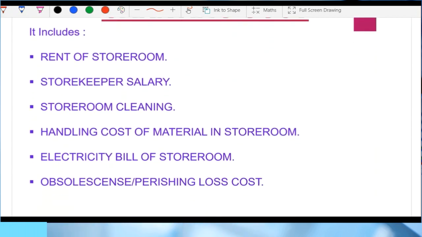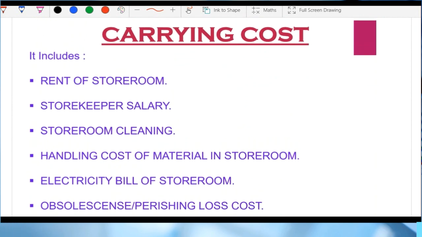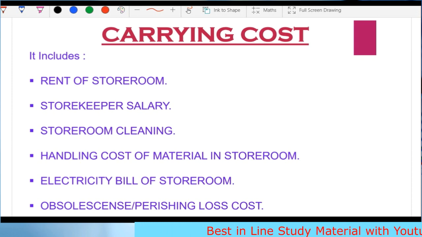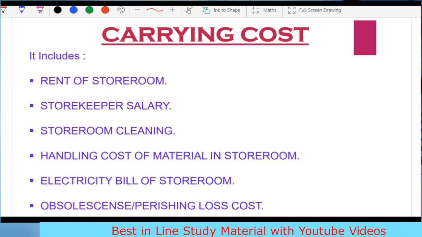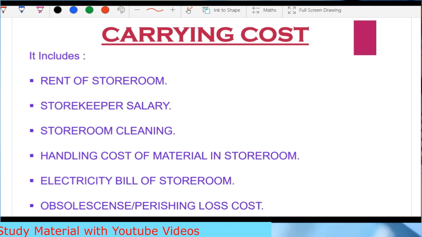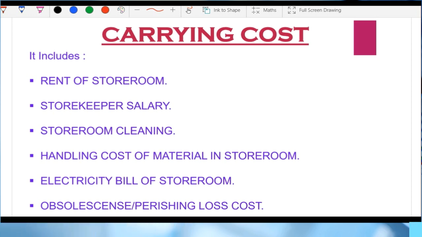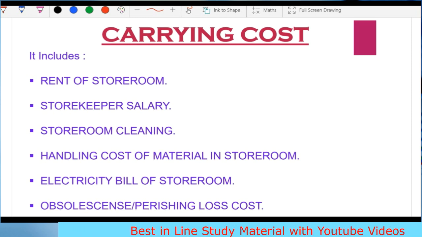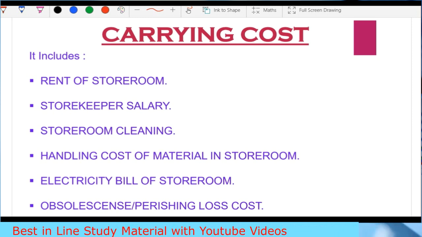Now, what is my carrying cost? See, once the material has reached my godown or my factory, I have to keep it somewhere. Say I keep the raw material in my store. In the store, I have two storekeepers who look after this material. One receives the material, the other looks after where to keep that material and when to issue it. Will that storekeeper work free for me? No, sir, I will be paying salary to him.